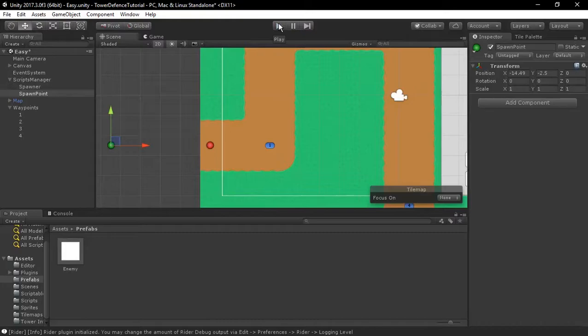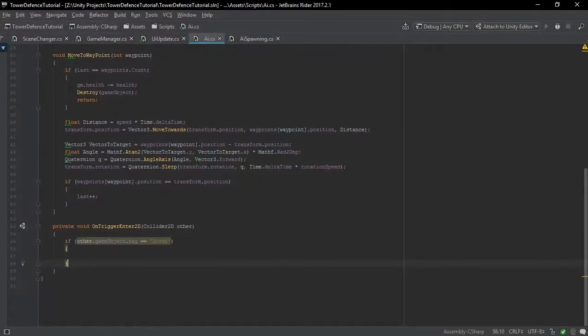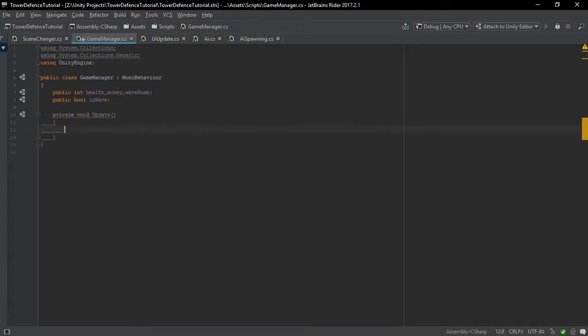So now let's quickly get it so when they all are dead, it says that's the end of the wave. Now you can click on the button again. So in that we're gonna go to scripts, game manager, open. Okay, so we're gonna have in void Update, so every frame, we're gonna check